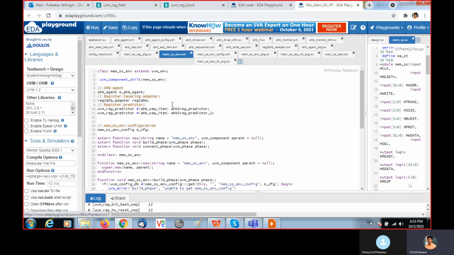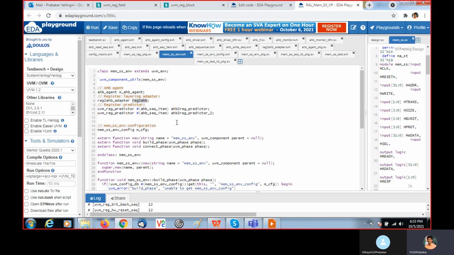This is the actual environment. It is extended from UVM env. So inside this, we are instantiating the AHB agent, and then the adapter, which we created. And the predictors. Here I am going to use two predictors. One is AHB to reg predictor, another is AHB to reg predictor 2.